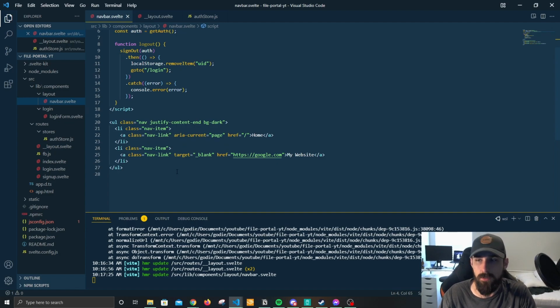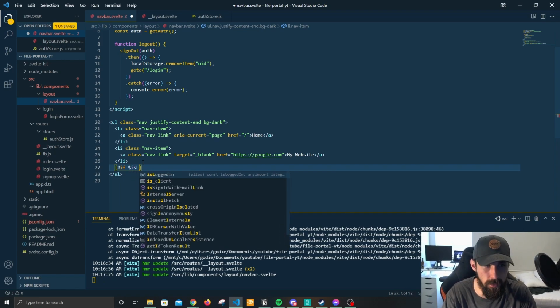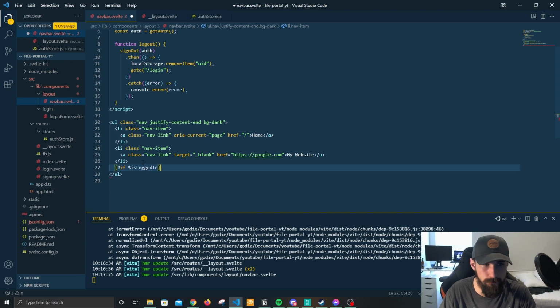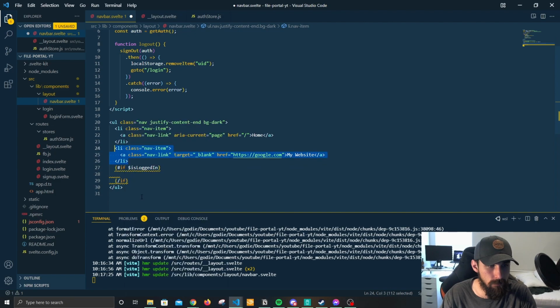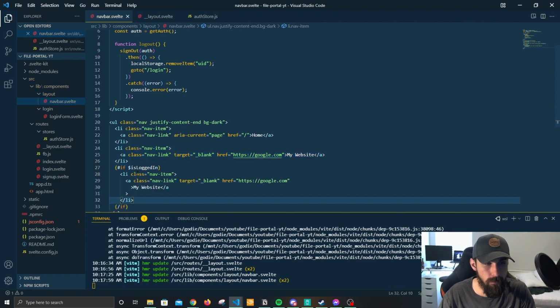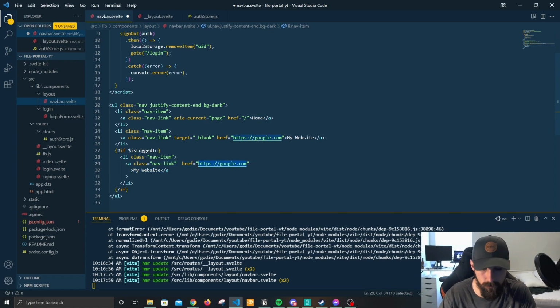So now what we can do is we can actually do some conditional logic here using the if block from Svelte. So we can do if $ is logged in to make this reactive, and then we'll go ahead and close our if statement like so, and we will go ahead and steal another nav link here and put it in. And what we want to do is change this up a little bit, so we don't need target blank. Our href can just be a slash